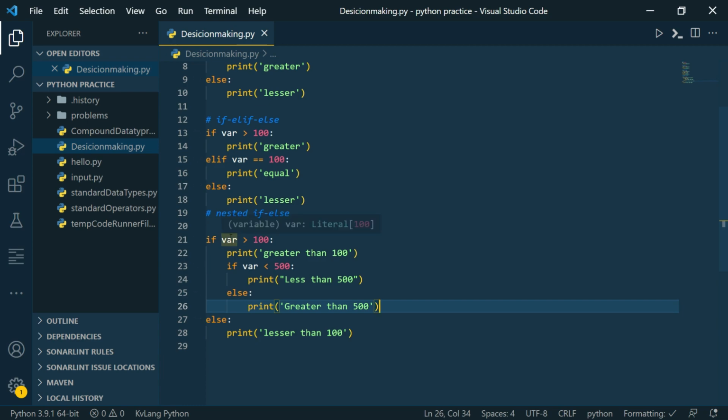And if the outer condition is false, that means if var is less than 100, then the outer else statement will be printed, that is lesser than 100. So I hope the flow was clear.